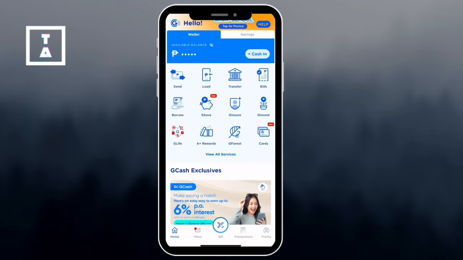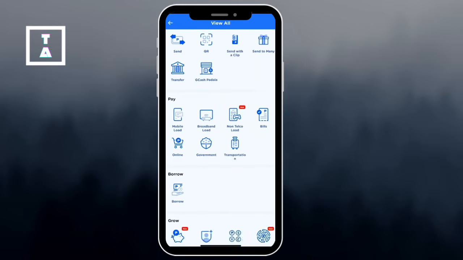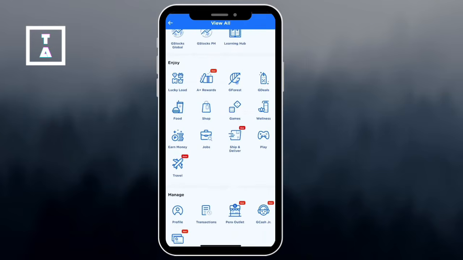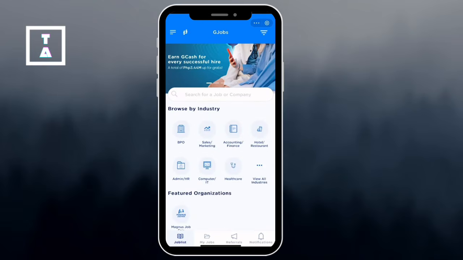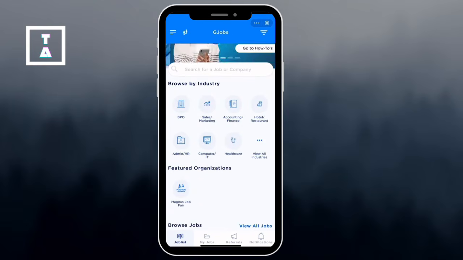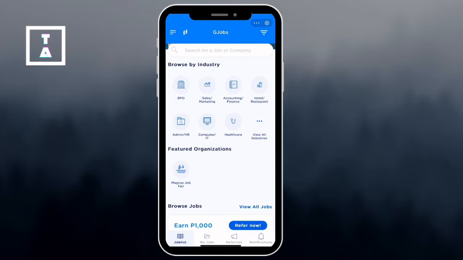First thing is to open the GCash app, log into your GCash account, and tap on View All Services, found at the center of the home screen. Then scroll down to the Enjoy section. Look for and tap on Jobs and find the referral option. Scroll down to the bottom part of the job page and tap on the third option labeled Referral and how